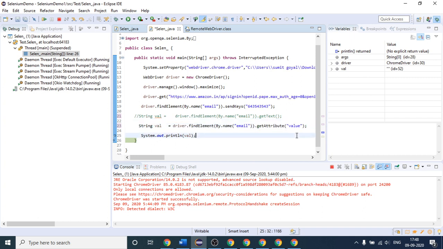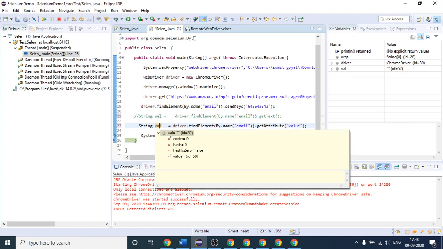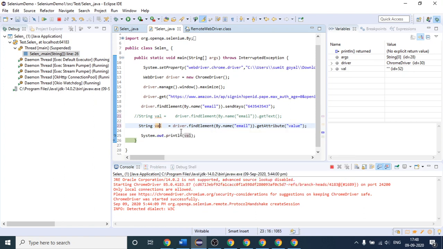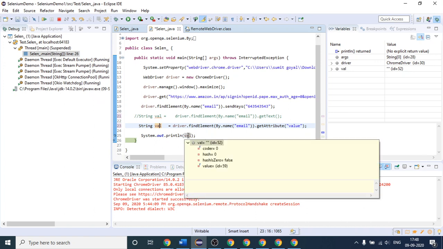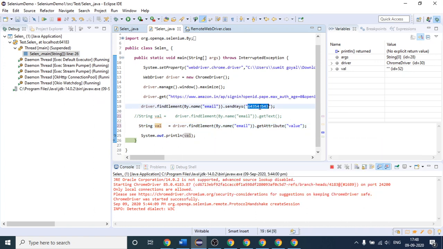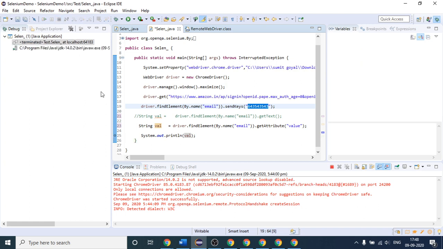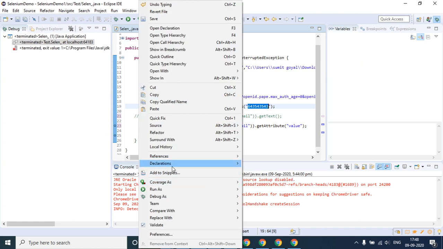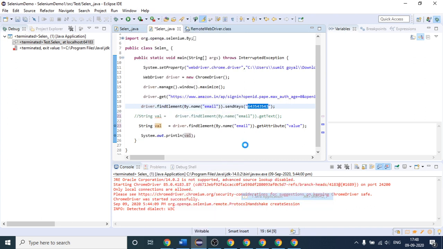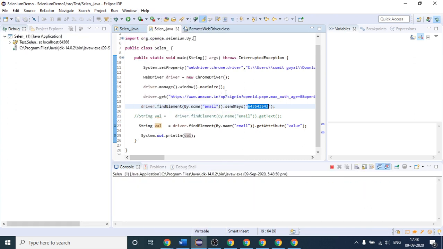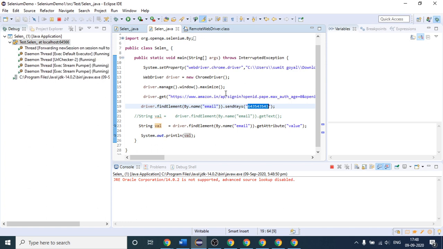Whatever value this receives, this number this time, after you get the value, you will catch it in this string variable. After that, if you try to print this, it will print this number. Let me show you in debugging mode only. If I put a debugger here and then debug it, let's see what value it will contain.